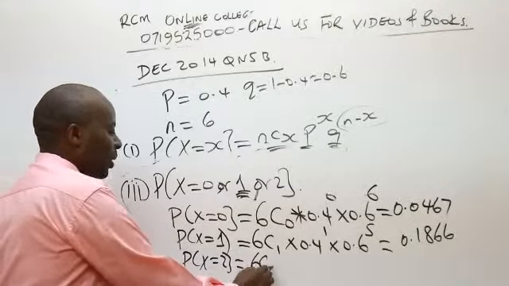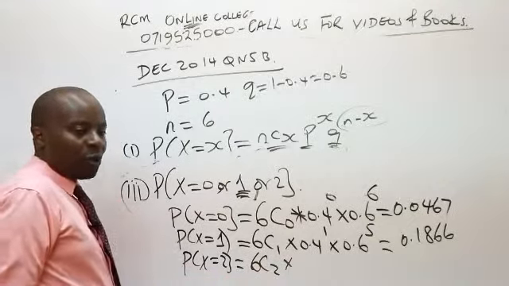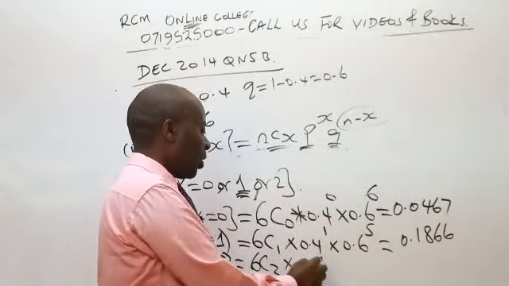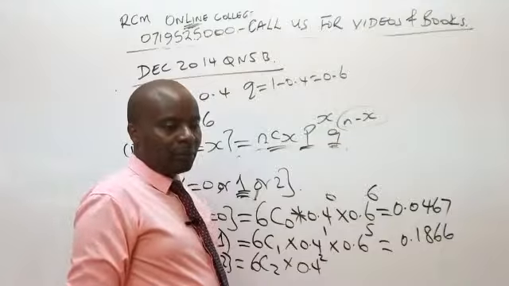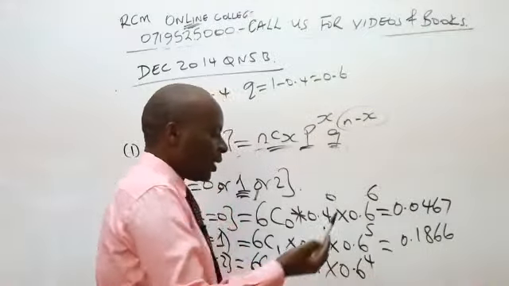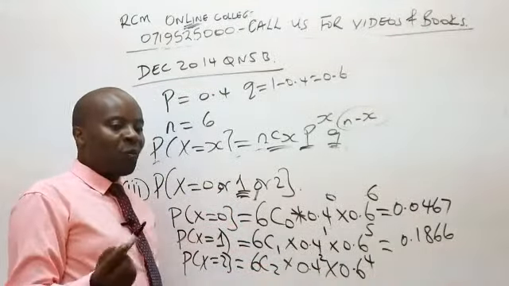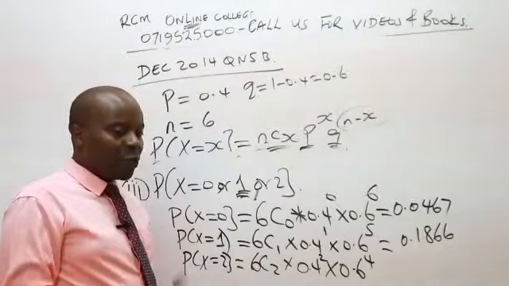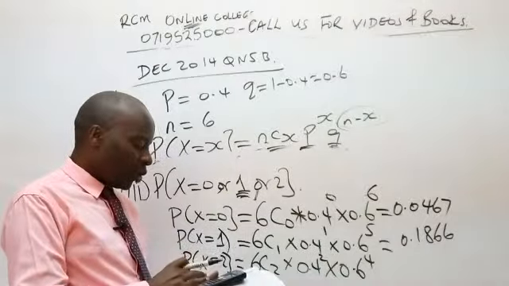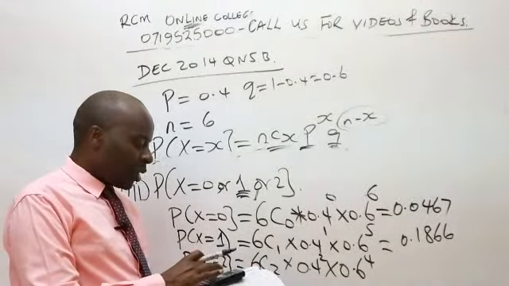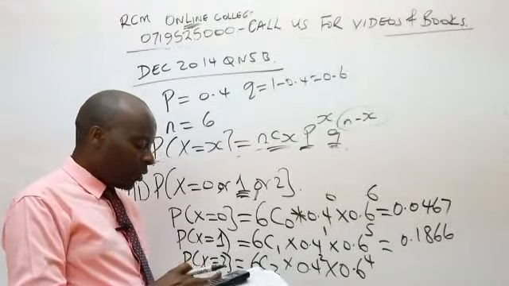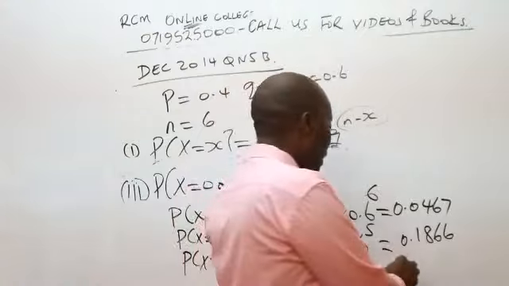And then we have probability of X being equal to 2. So this will be 6 combinations 2. I hope you are able to follow. We have probability of success, which is 0.4 raised to power 2. 0.6 this time will be raised to power 4, given the concept of balancing. The two powers must always add up to N. So this gives us 6 combinations 2 times 0.4 raised to power 2 times 0.6 raised to power 4, which gives me